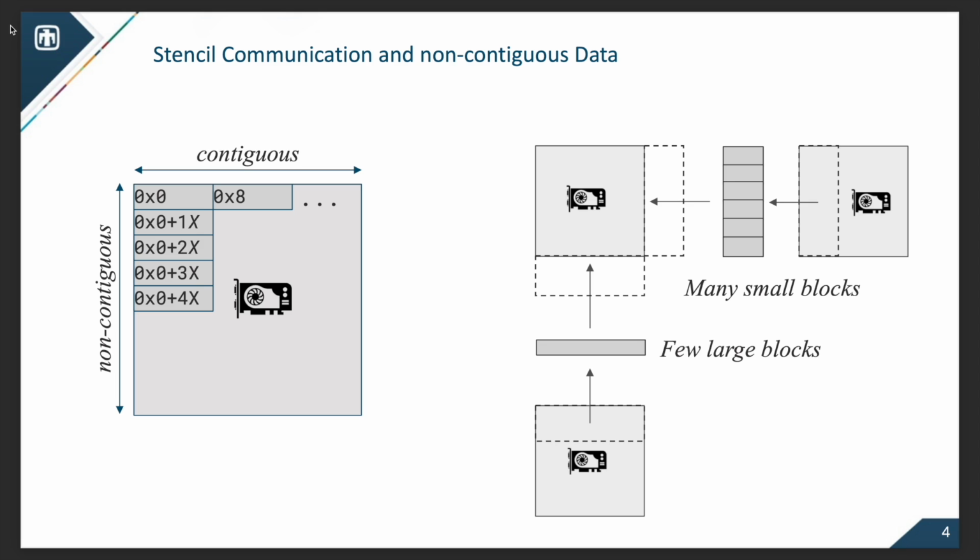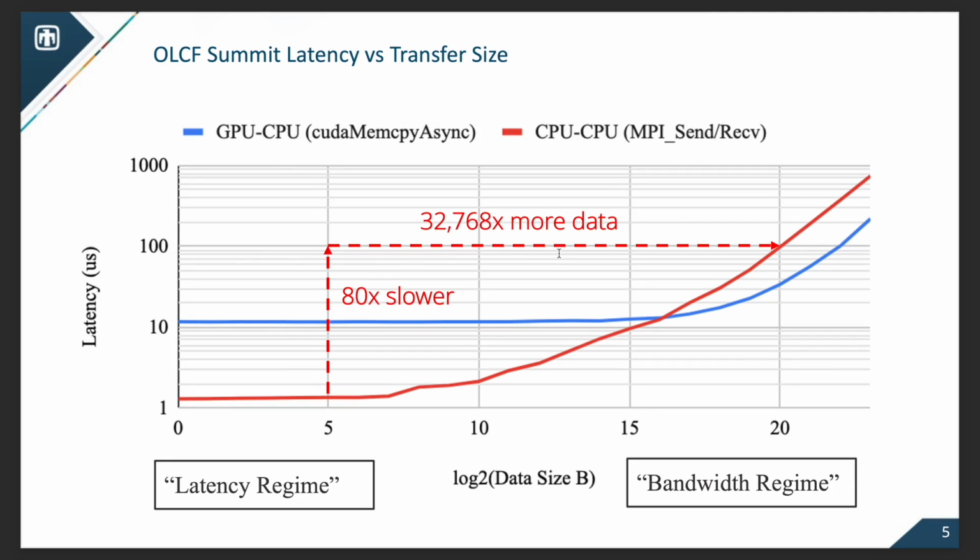But due to the one-dimensional data layout, some of these dimensions are contiguous in memory and some are not contiguous in memory. And so when we're talking about moving data between different GPUs, in some directions we would be moving a few large blocks to cover these halo or boundary regions. And in some directions we have to move many small contiguous blocks. And of course, the reason that that's a problem is due to